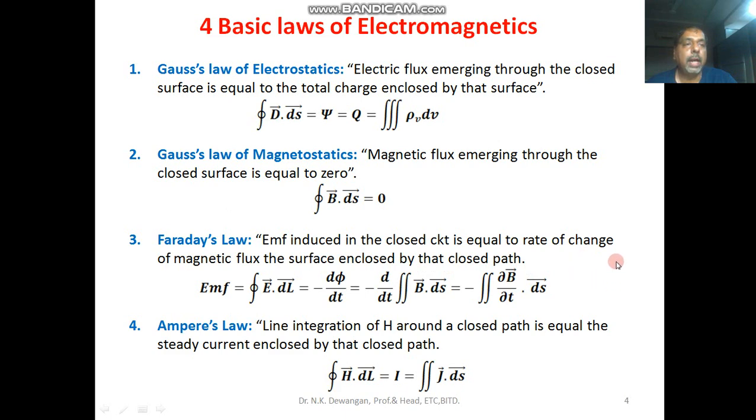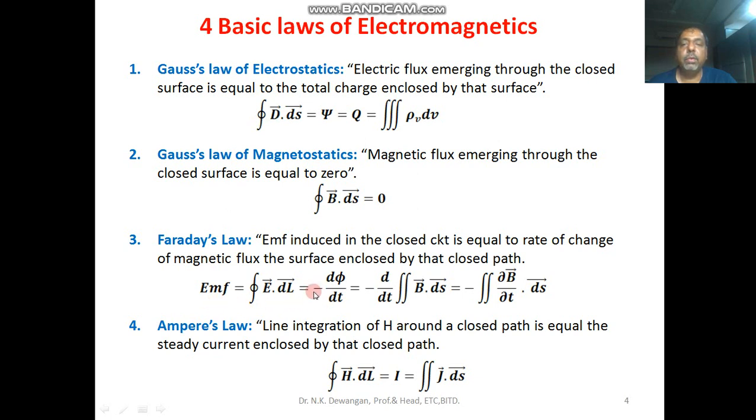Suppose we are given a closed path and the magnetic field B vector is changing over the path, and the path will enclose a certain surface. So if the magnetic field is changing with respect to time, then in that closed path EMF will be generated, and that EMF we can write in terms of the electric field also. So this is the closed path integration of the electric field, because the electric field will be induced in that closed path. So we get EMF if we integrate the electric field over a closed path, and that will be equal to the rate of change of magnetic flux. The negative sign is due to Lenz law. We write the negative sign here because of Lenz law.